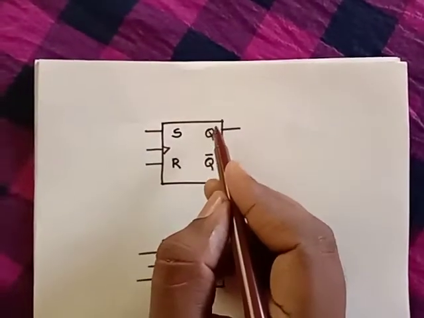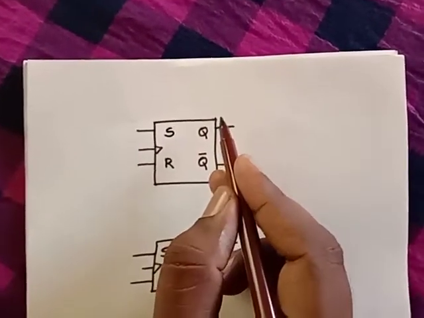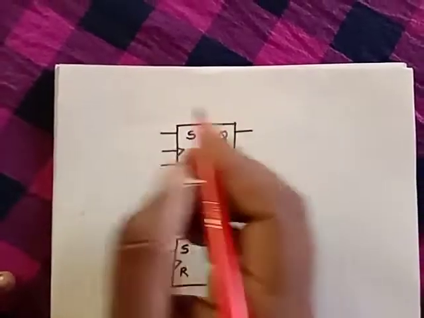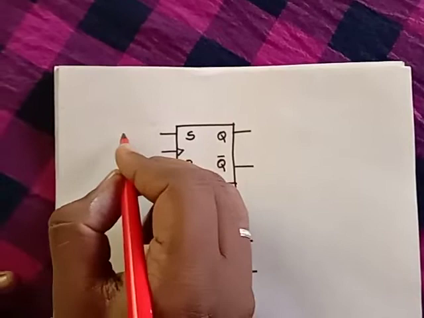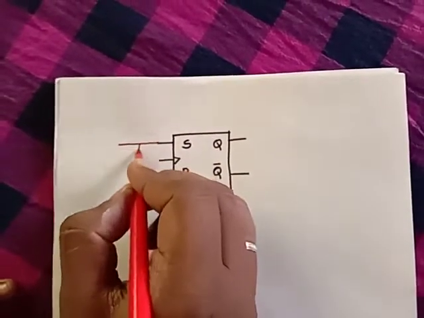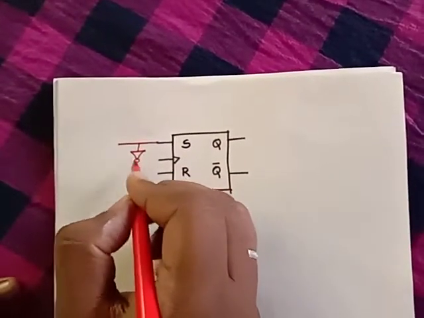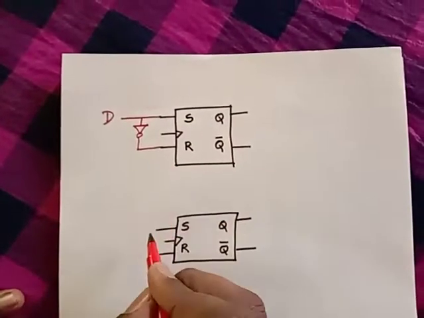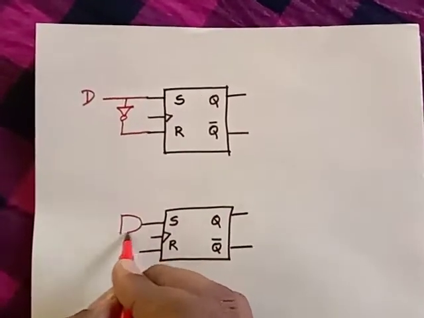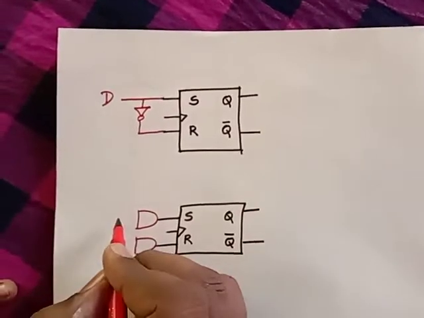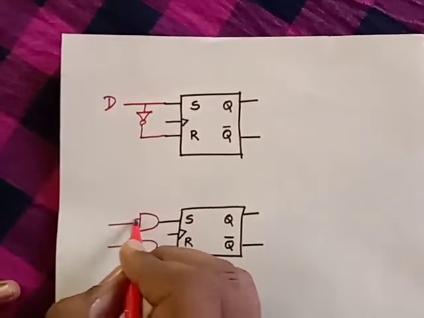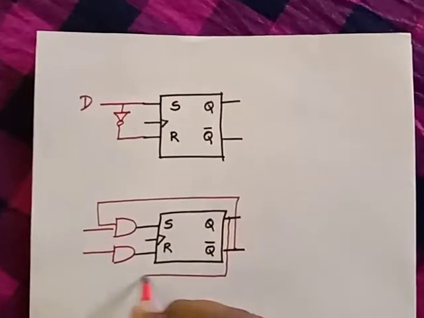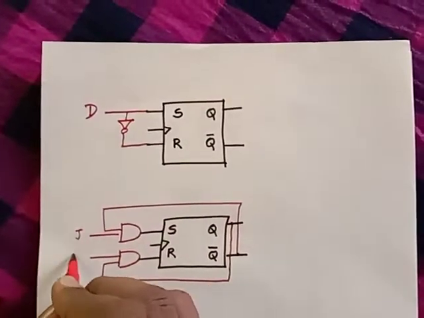Now take an example of the SR flip flop case. When we were studying, we discussed that if you want to convert this into a D flip flop, what we did is we connected S and R by means of a NOT gate and we named it as D. And if you want to convert this into a JK flip flop, what we did is we had an AND gate at the initial input stage and we connected this output to Q bar, and this Q was connected to this, and we made this into JK, correct?